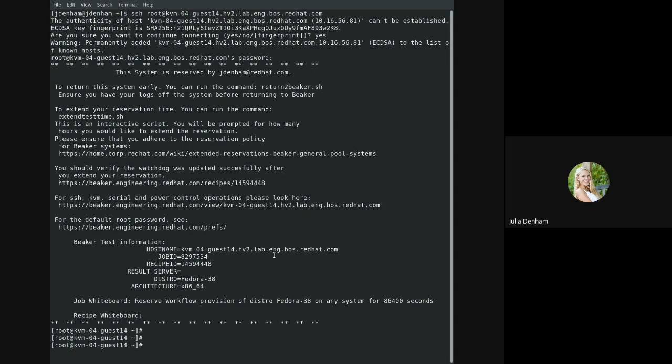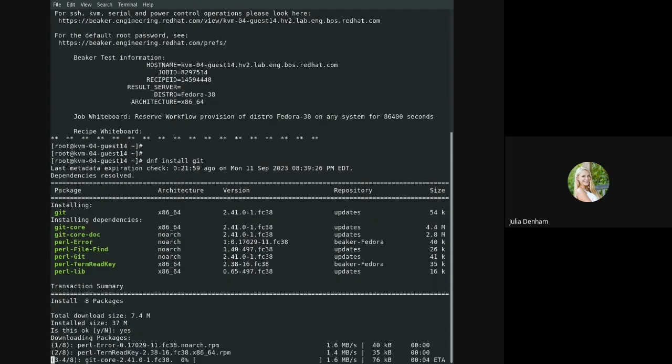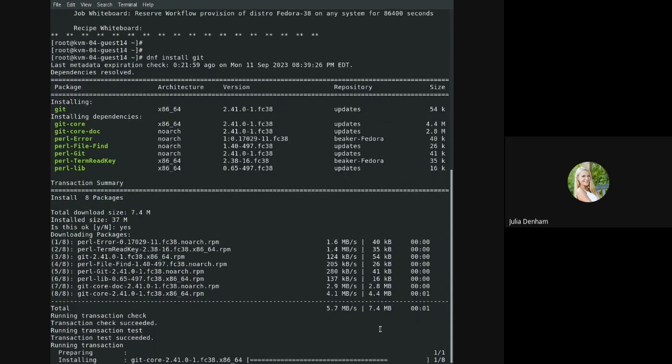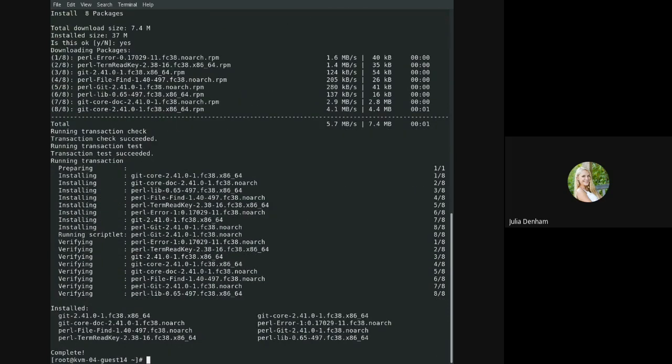do first thing is dnf install git. If you don't do this now, you will have to do it later. So I just always start doing it at the beginning because I'm going to have to do it eventually. Awesome. So we have git, and so now I will do sudo dnf